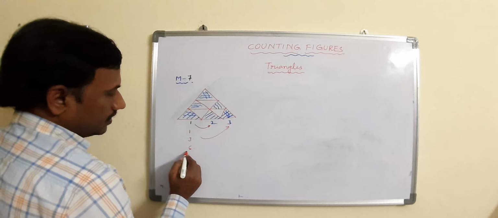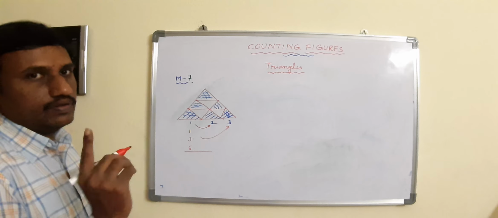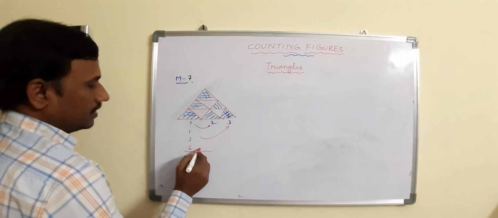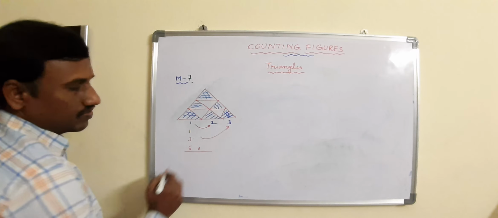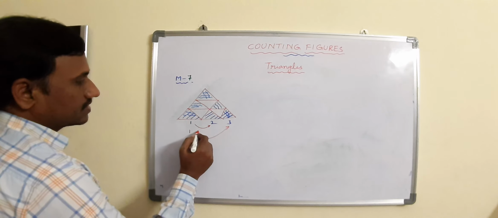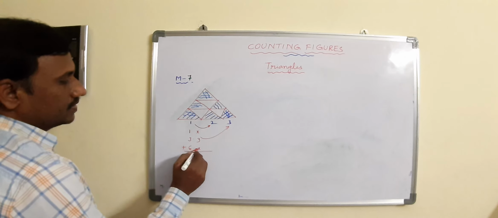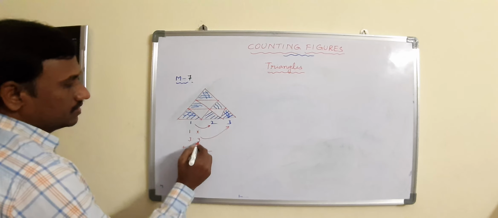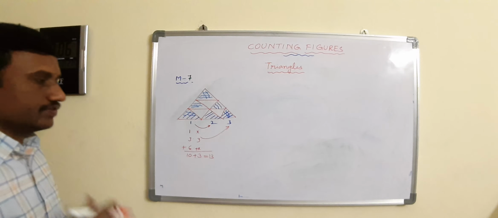Now write the numbers beside in reverse order, skipping the starting digit, meaning we skip alternate numbers. Whenever it starts at 6, put a cross, otherwise you can take 0, no problem. Write the next number as it is. Next, again skip the next number, put a cross, otherwise 0. Now add these numbers column-wise. 6 plus 3 is 9. 9 plus 1 is 10. Plus 3, 10 plus 3 is 13. This is the logic.